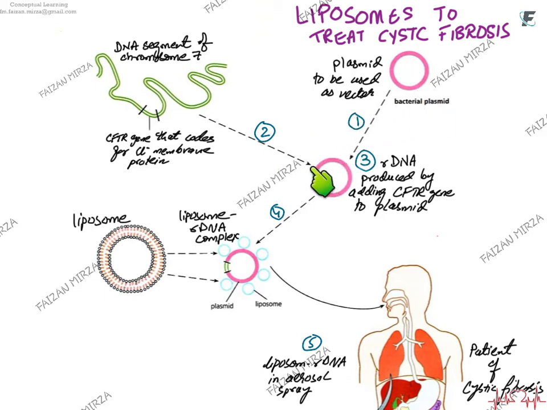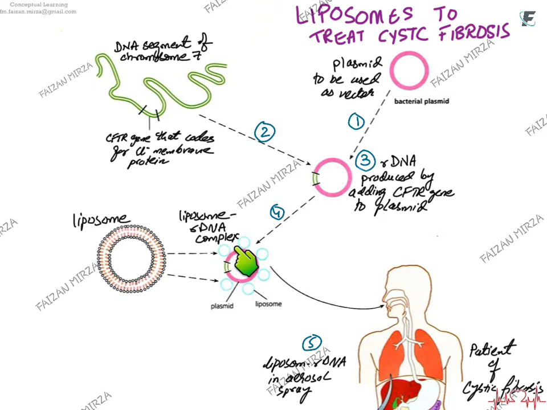You add a nick here using a restriction enzyme. You cut the plasmid, and you cut the gene with the same restriction enzyme. They both are joined together by DNA ligase, so you get the recombinant DNA. The recombinant DNA is then coated with liposomes, which are phospholipid vesicles, so it becomes easier for it to be transported into